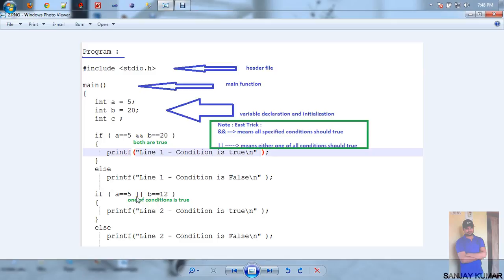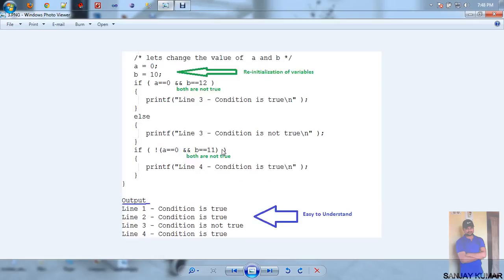In the logical AND operator, all conditions should be true for executing the first statement. So the easy trick for you: logical AND means all specified conditions should be true, and logical OR means either one of the specified conditions should be true for executing at least one statement.